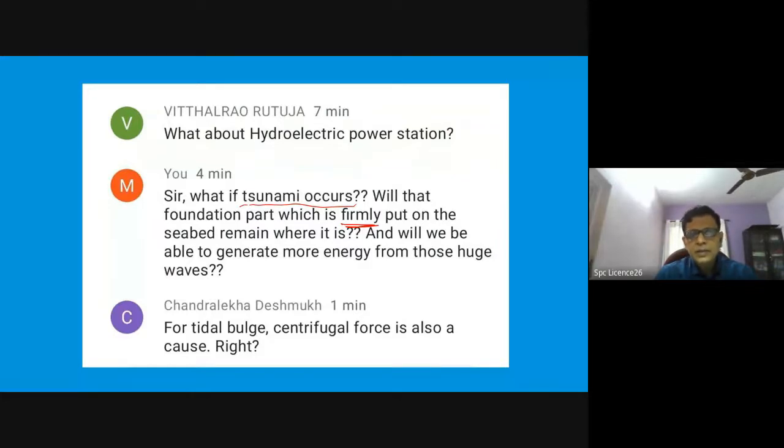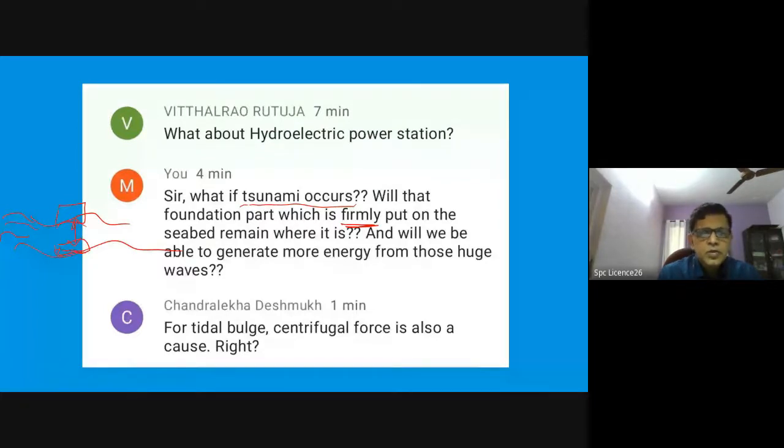And the latter part of the question is whether a tsunami will be able to generate more energy out of these huge waves. Remember that if this is the level of the water and you have that gadget placed here, as the water gradually rises, you'll see that it will come up, and the transmitting of the energy will make it move up and down. Now, as far as the coastal parts are concerned,